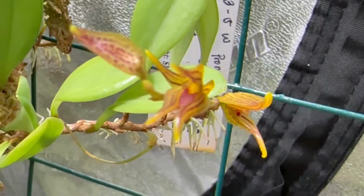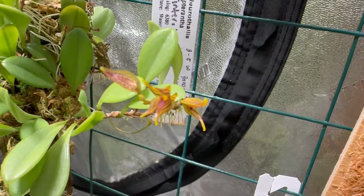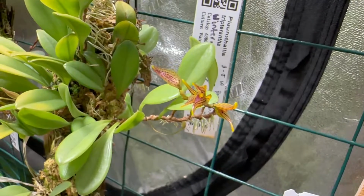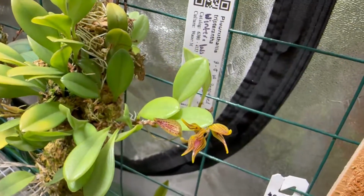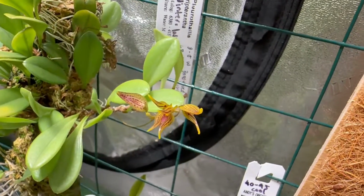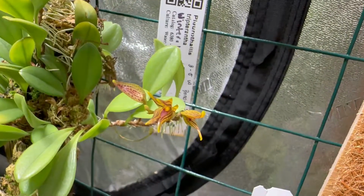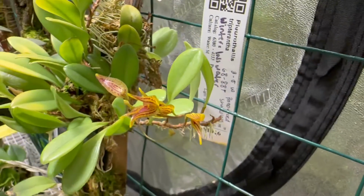the bloom here. So I find it weird. I was expecting the flowers to be small, and relative to the size of the leaves, it's about 3/4 of the size of the leaves. So it's a pretty good sized flower, and